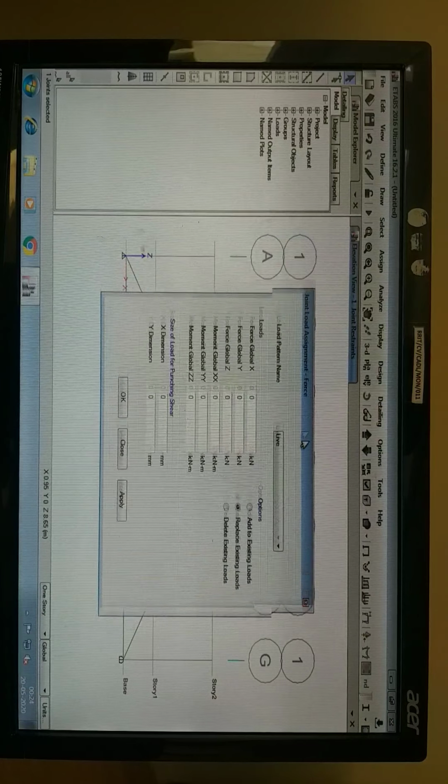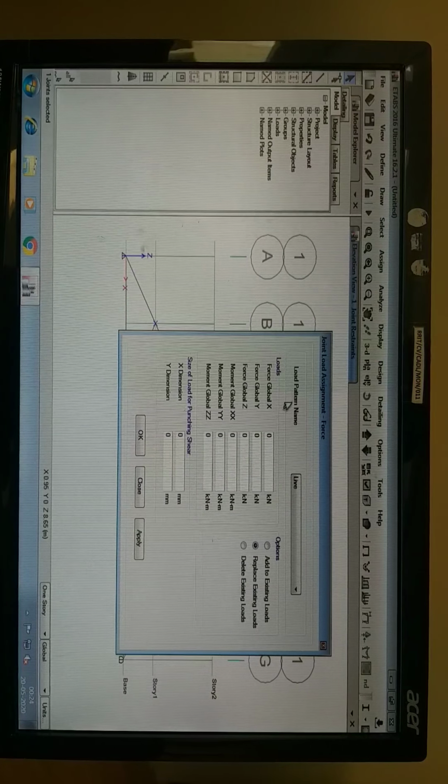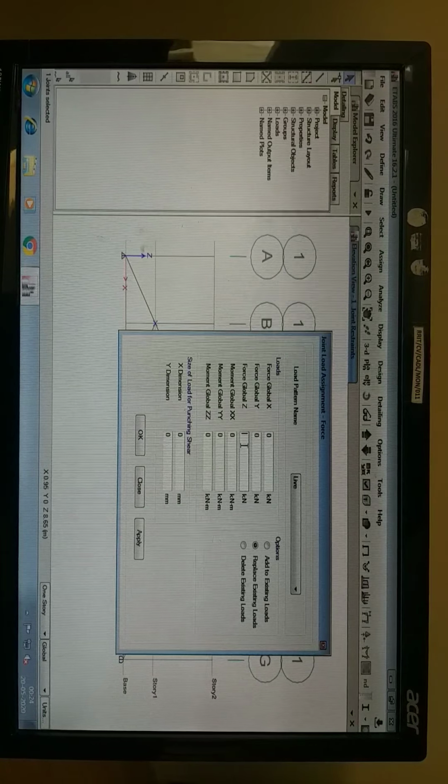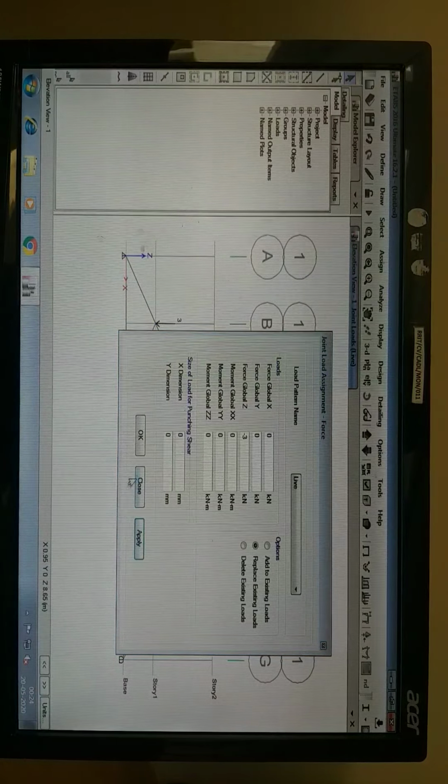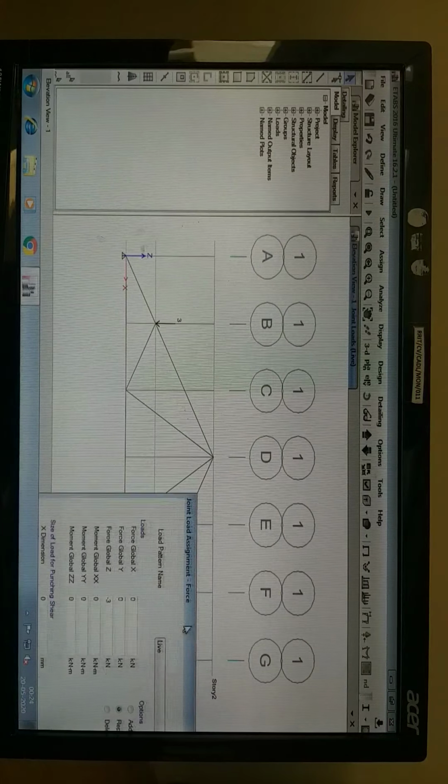Here you can see the load pattern name we have assigned, it is live load, and in the X direction, that is, it is acting vertically downwards, it means we require to consider it as -3 kilonewton.